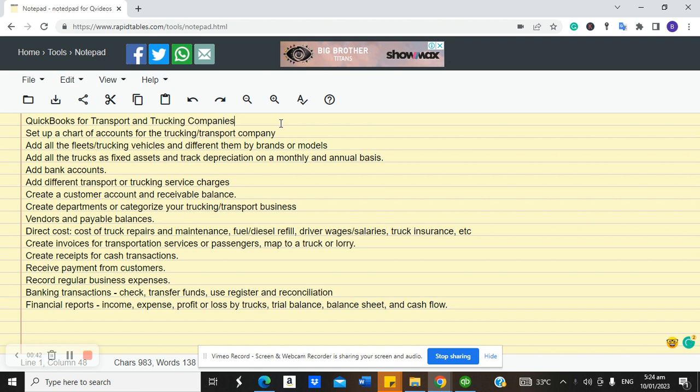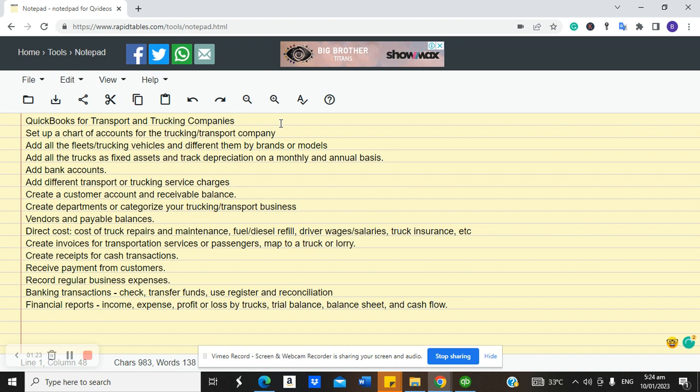company. For a trucking company, we're looking at a company that is involved in managing fleets of trucks and a fleet of cars. Most times they are mostly trucks or lorries, probably designed to help carry heavy products or goods from one location to another. And then transport companies are also involved in transporting goods from one location to another. And most times, again, some of them are involved in moving passengers. So you can say that a trucking company is classified as a transport company, but not all transport companies are